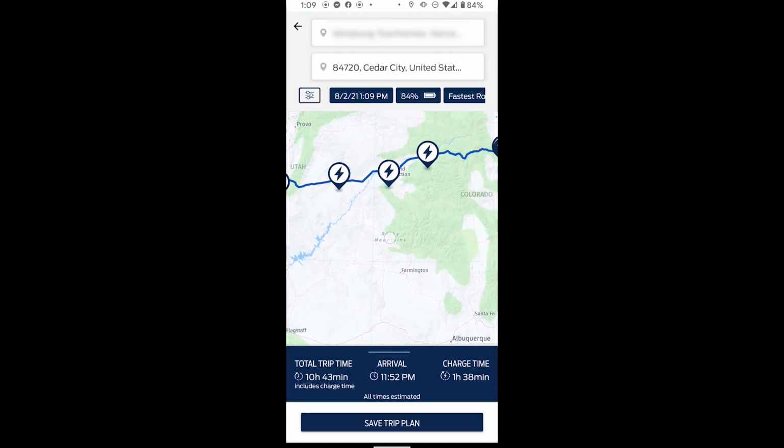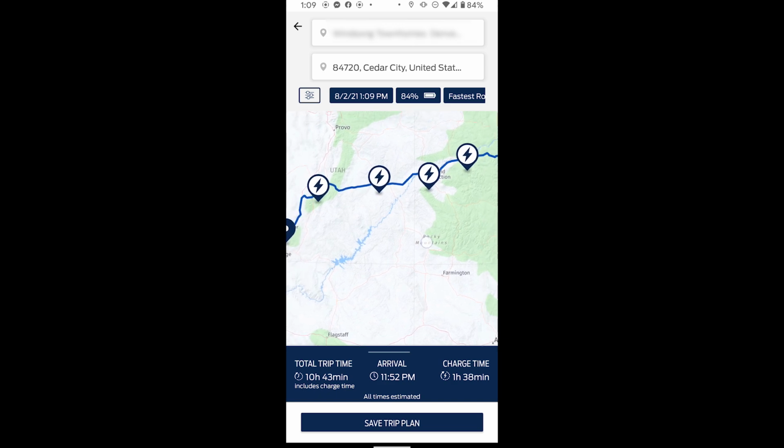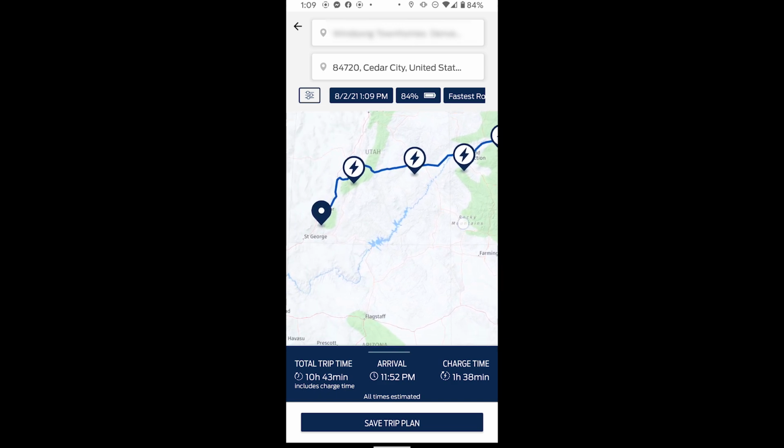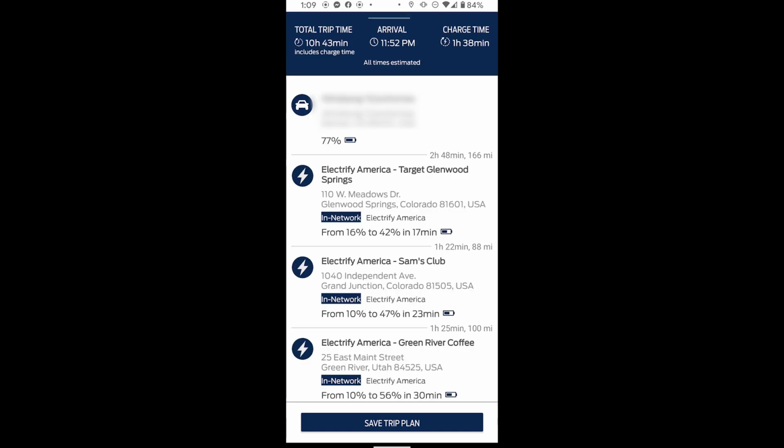And look at that, there are 4 charging stops, 2 in Colorado and 2 in Utah. I can click here and it'll show me the exact details, and right now my car is at 77% charge, so it's starting with that as what it thinks I have. And then it tells me I'll arrive in Glenwood Springs, Colorado with 16% charge, and it wants me to charge for 17 minutes to